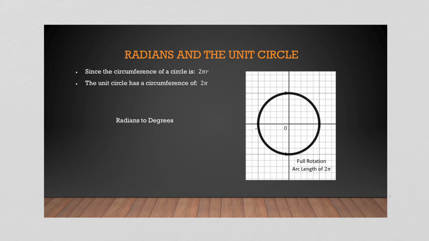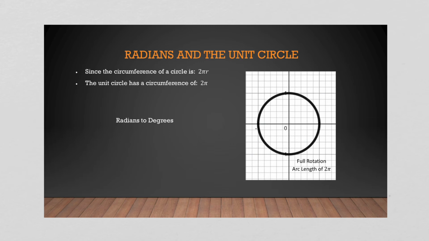So how do we come up with radians? Well, if you look at the circle there, the big thick circle, it has a radius of 1, right? And if you take a full rotation of a circle, you have 2 pi, right? Full circumference, full rotation is an arc length of 2 pi